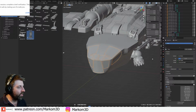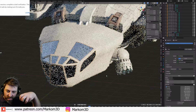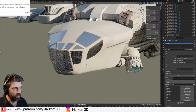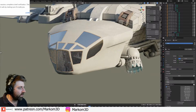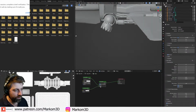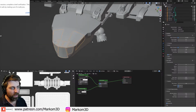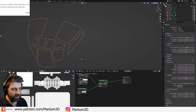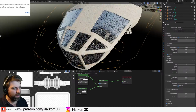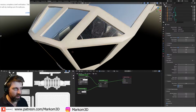Do I have a glass material already? I sure do. So if we just close that up for now, and then we're just going to expand around it. Yes. Perfect. I like it. With the glass, it looks way too funky at the moment. So what I normally do, shading, begone. With the glass, I can't remember where I picked this up from, but we've got the glass material, and then we've got a translucent as well. And so obviously if we go,